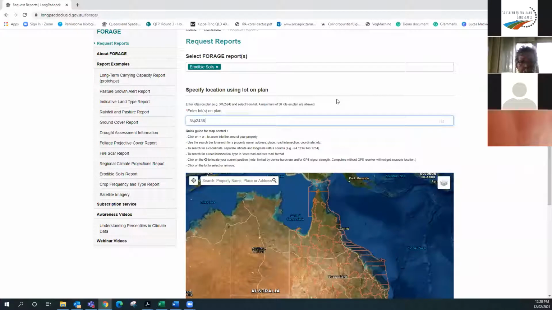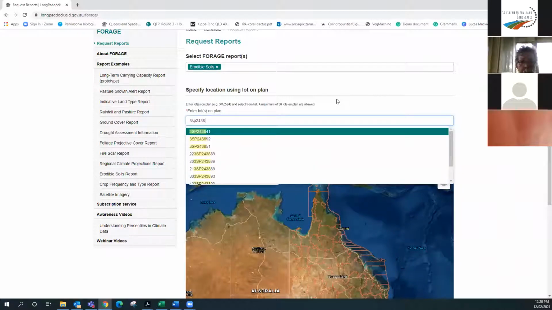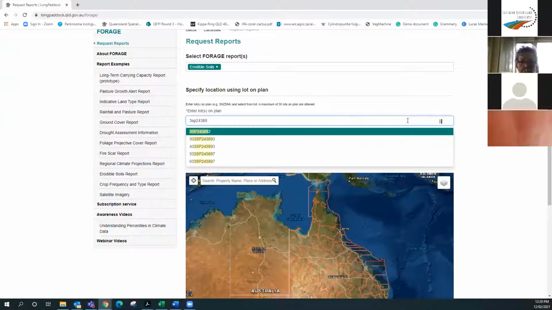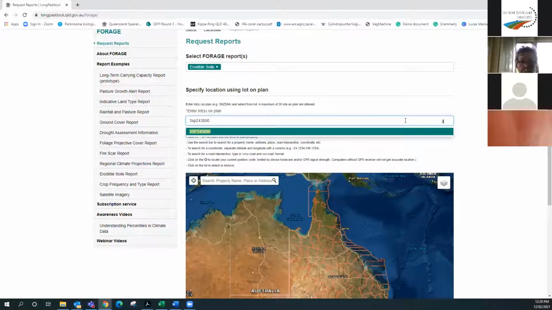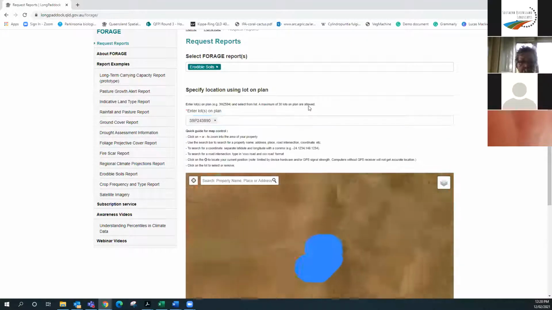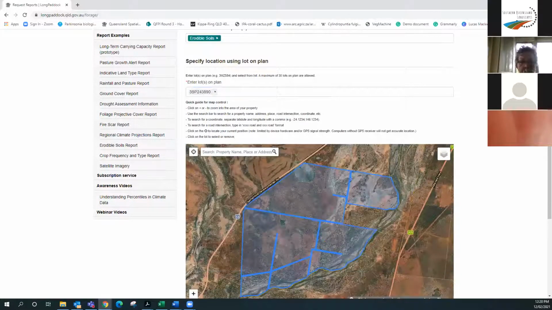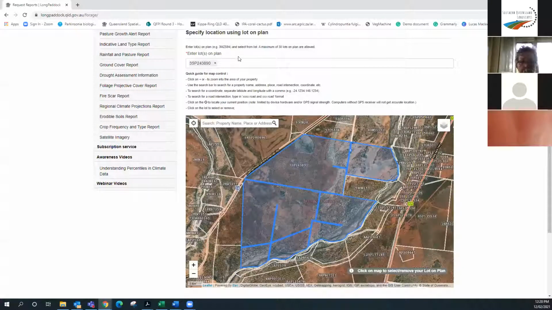2438. Hold on, I'll just give it a second. So as you can see, it's got this little automatic search bar, so you can know how close you're getting to the right answer. So here you go. And if it is an option like there, that's how you know you've got a correct, existing lot and plan. And then it'll zoom in, highlight the lot and plan. Now, I'm not sure if you can do multiple lots and plans, but what we can do is